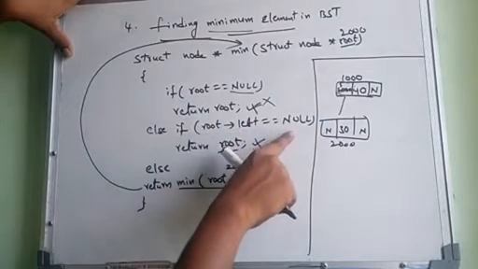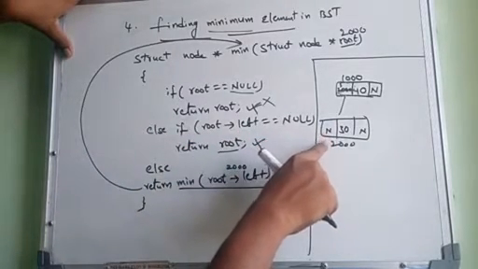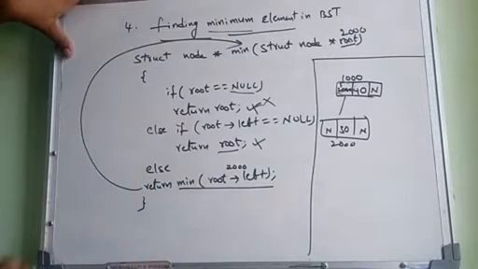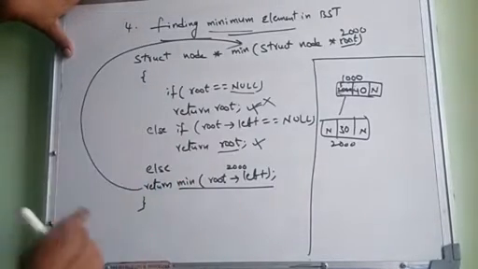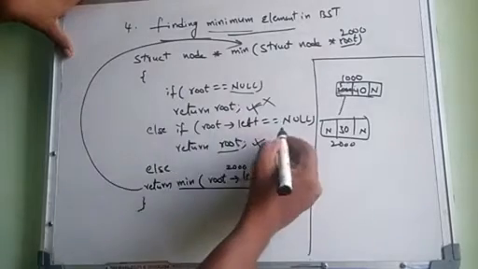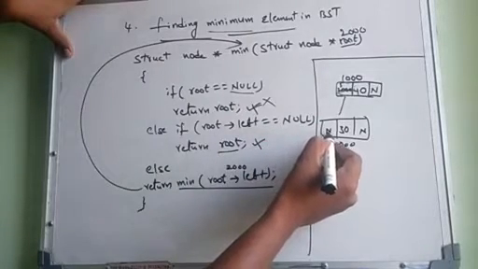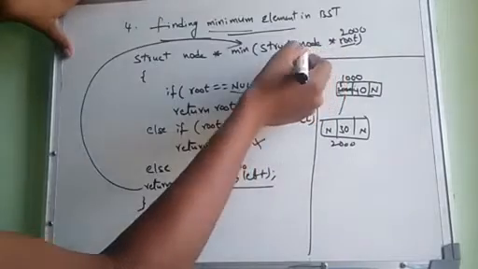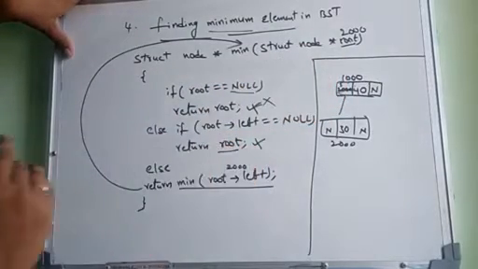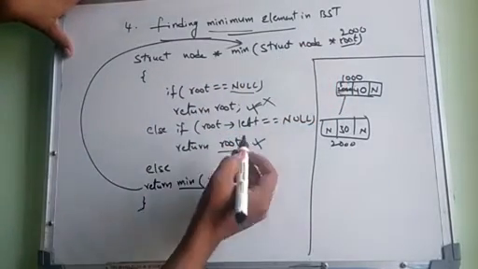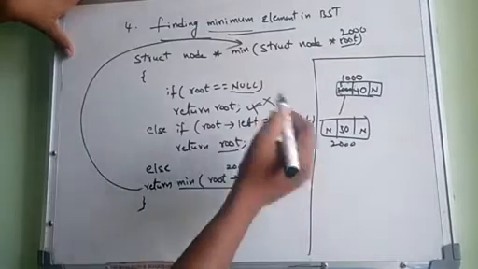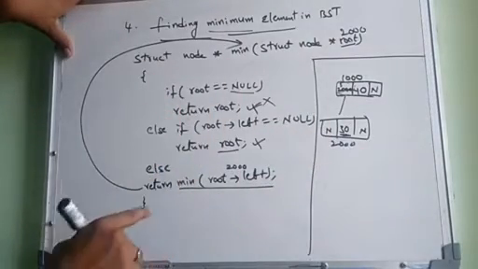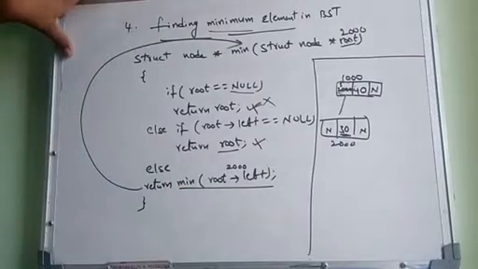If root left is null, that is the last element and that is the minimum element of the binary search tree. So this process continues until root left is null. If root left is not null, again go to the new node, again take the address, again perform this operation. So this process continues until root left is null. Whenever root left is null, the value there is the minimum of the entire binary search tree.